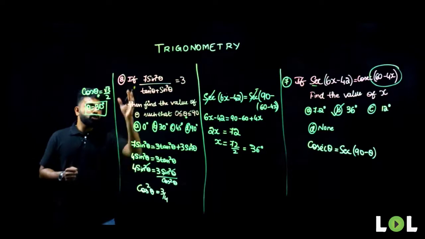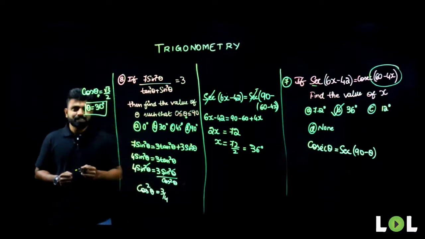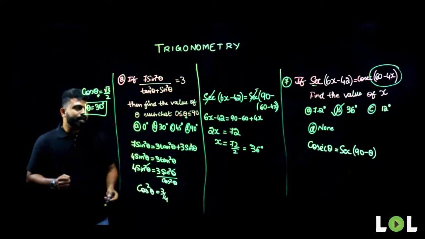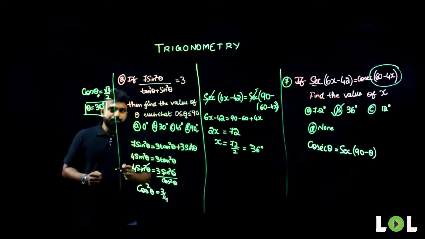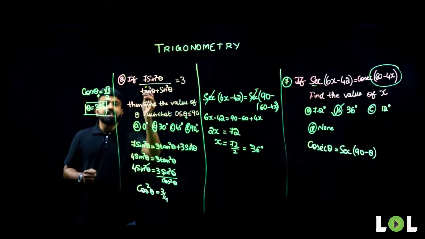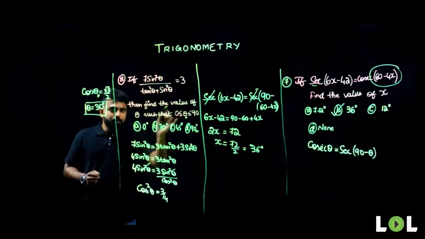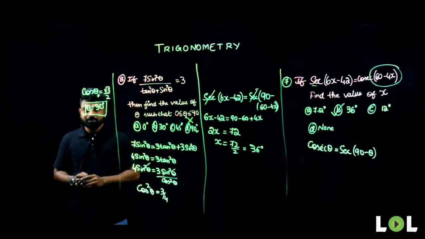But then if you don't want to solve all this, what you can do is go directly from the options as well. If I directly look at this, what is the value of tan square theta when theta is 90 degrees? Whenever theta is 90 degrees, tan theta is nothing but infinity. So this equation here will fail. So theta can never be 90 degrees.